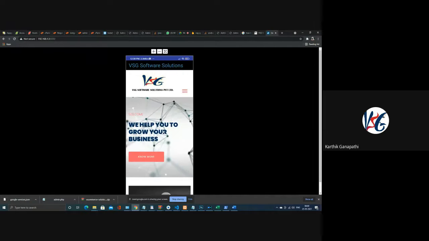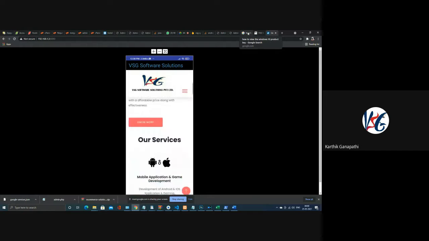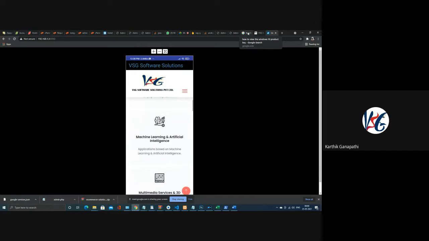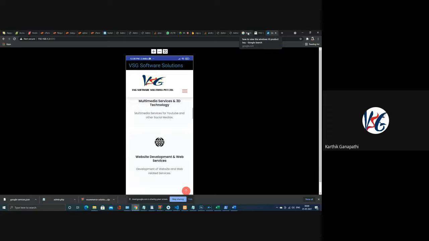Now you can see the same thing. Whatever contents we had, it is just displaying as an application on my phone. This is a mobile phone, as you can see. So I think you got the idea of what exactly the web view is.